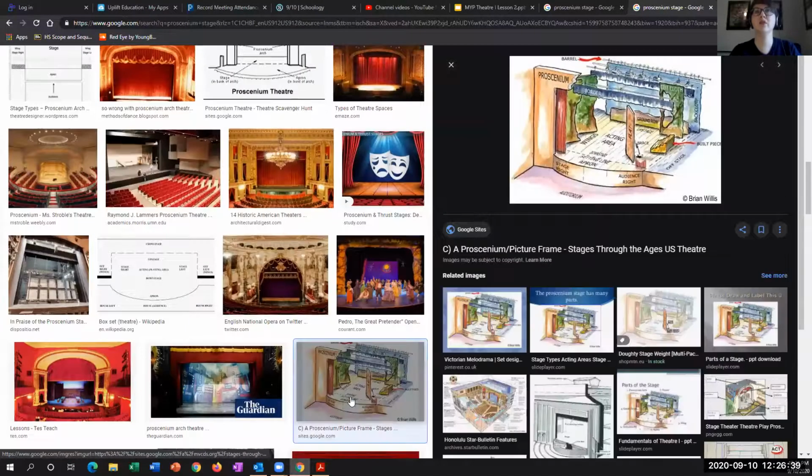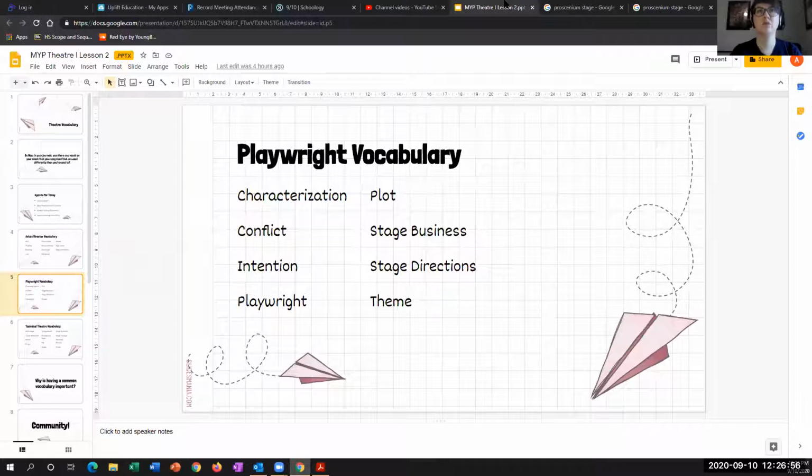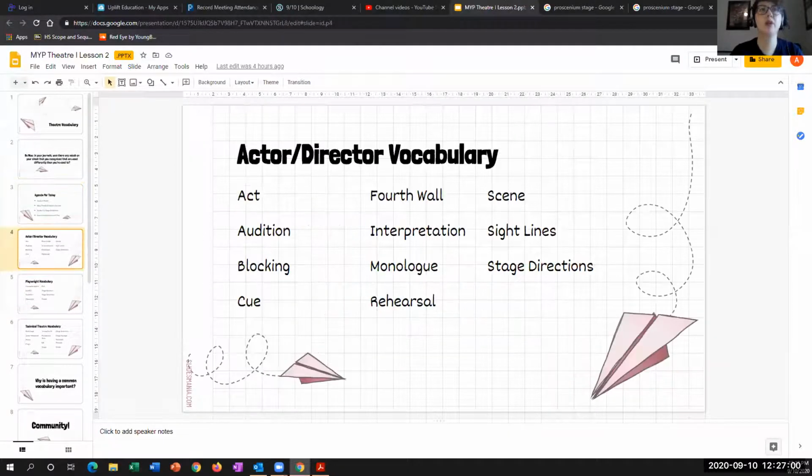Right here. This is the other one I used. Right, so we have these little wings set up to block the audience from seeing backstage. Okay? Oh, sorry, it went through some. There we go. Monologue. Okay, so